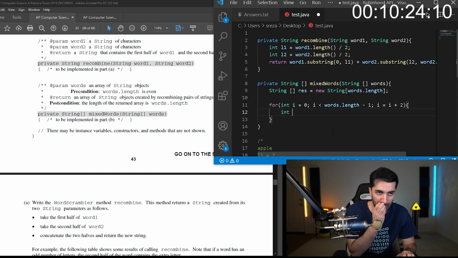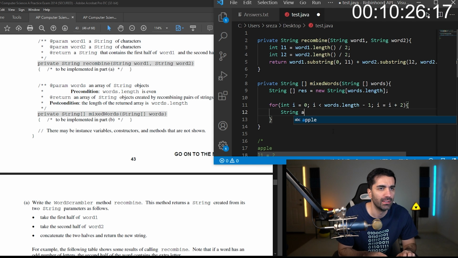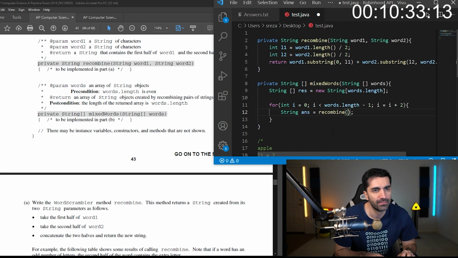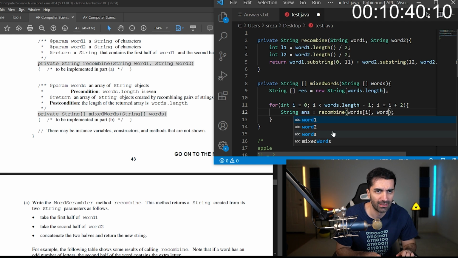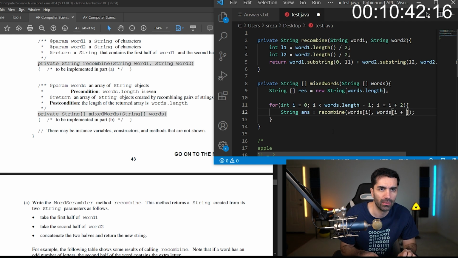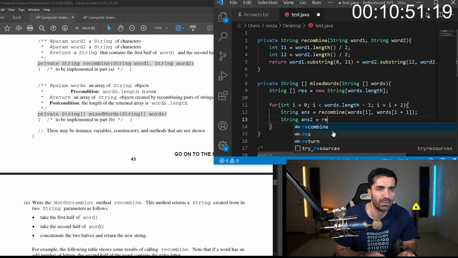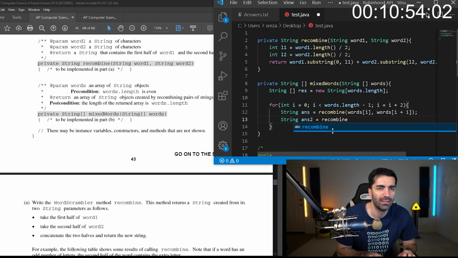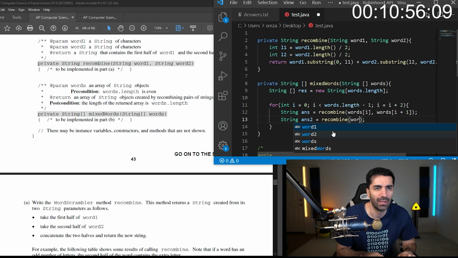We'll just call this string ants equals recombine(words[i], words[i + 1]), and then we'll say ants2 equals recombine, and then we just want to flip that, right?